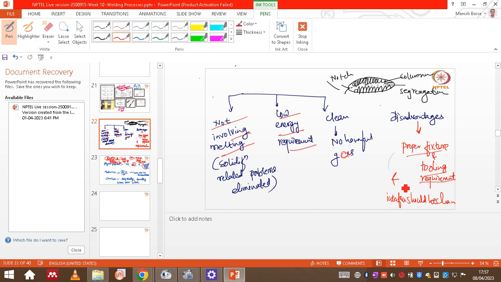Or we are not adding external metal. So whatever is there will coalesce and fill the cavity at the interfaces, right? So there should not be any significant gap at the interfaces of what we want to join through this kind of process, right? And also the interfaces should be clean. There won't be any dirt or dust at the interfaces. Okay, so these are the main overview of the advantages of solid state welding processes over the conventional